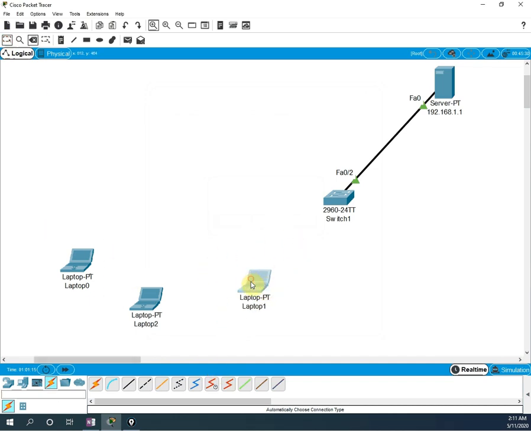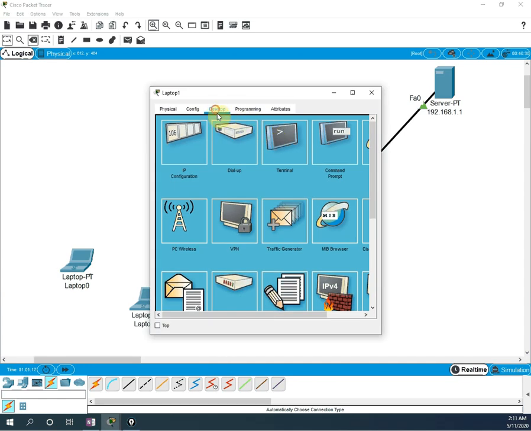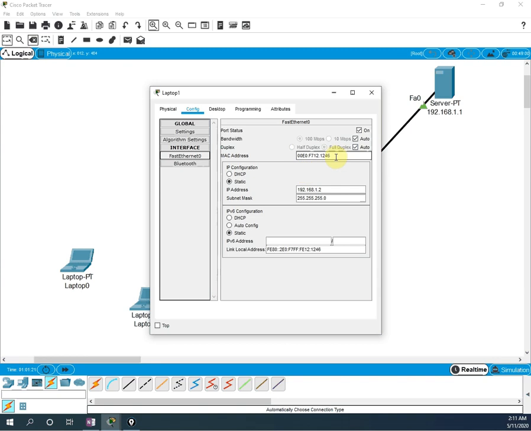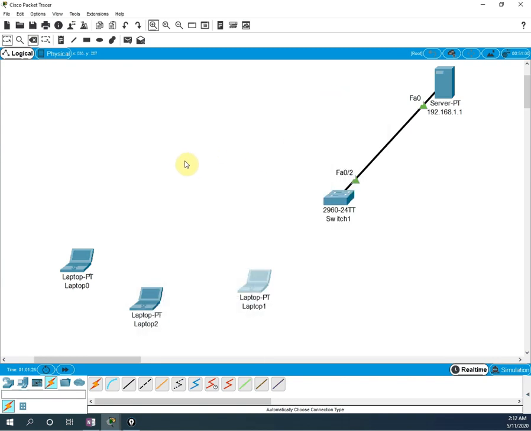Okay, so what I can do, for example, let me go here, config, and here is the MAC address. I can copy this MAC address. I can use this depending upon which type of configuration we need. I will paste the MAC address of this guy here. Okay, this MAC address is here.